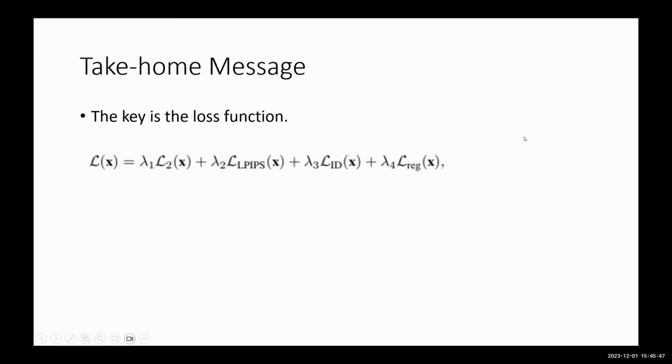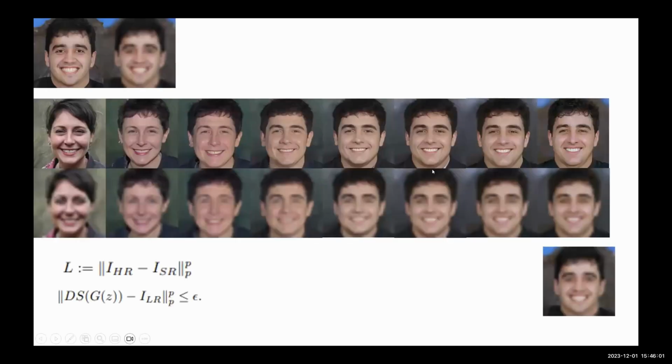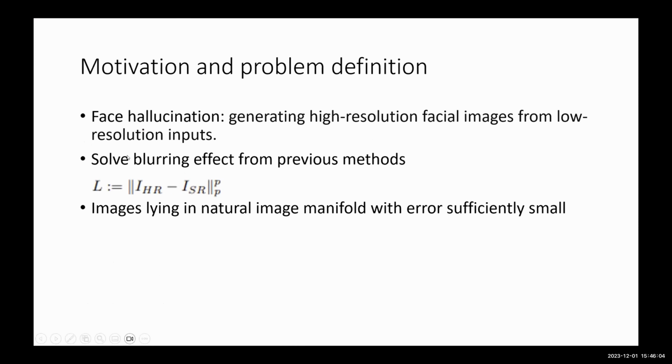There isn't much of a take-home message, but I would like to stress that the key of designing such a model would be the loss function. The original loss function would be something similar to MSE, calculating the MSE of the original picture and the generated picture. But after generating a picture from a low resolution image, there are infinitely many pictures you can generate, and